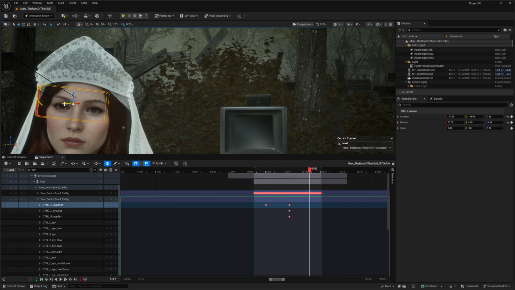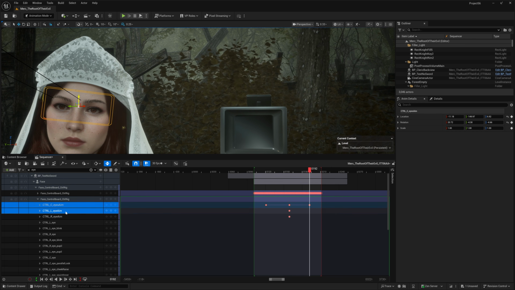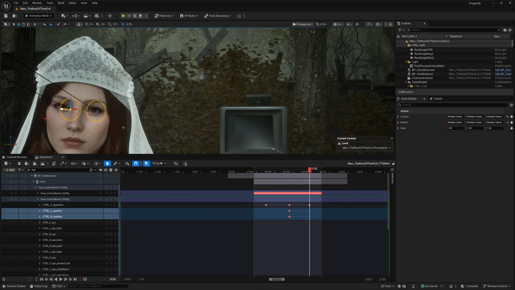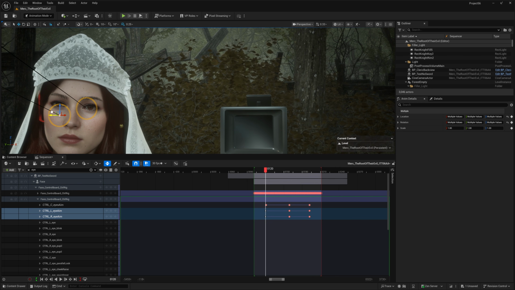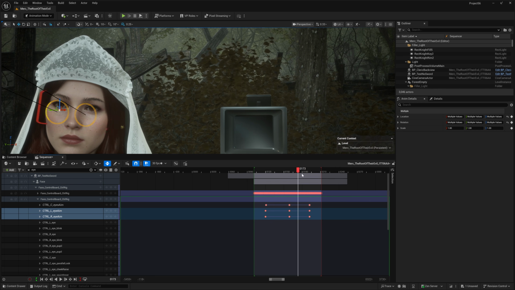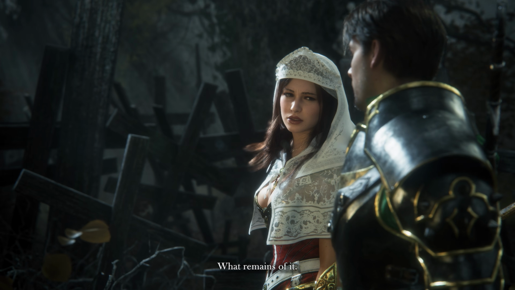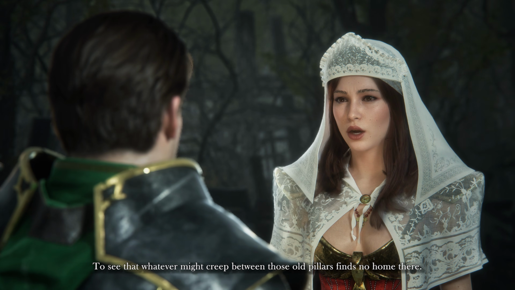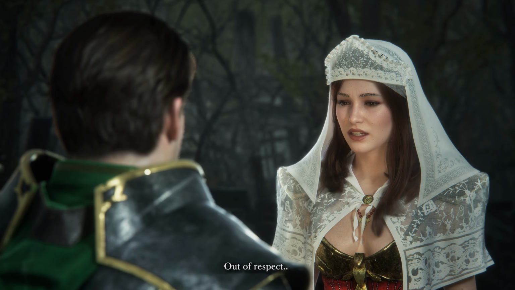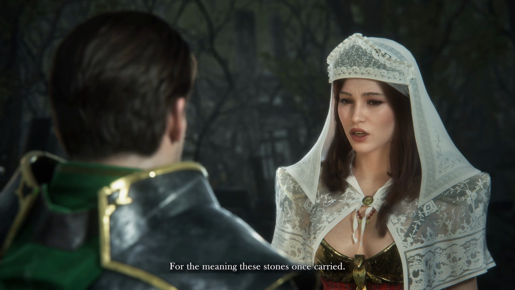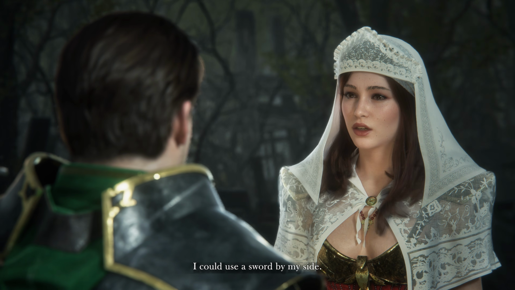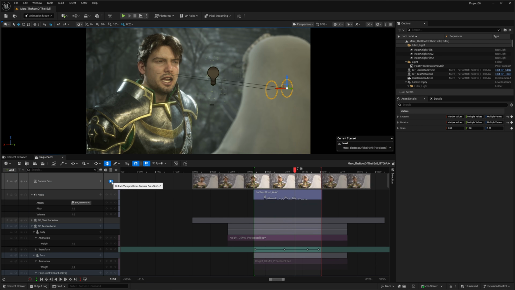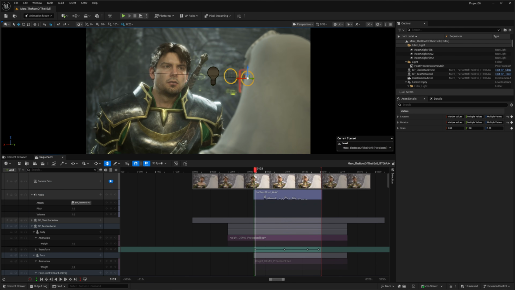Just fixing the eye lines already improves the acting significantly, but you can push it further by adding small, motivated looks. Some tricks I apply repeatedly during this piece are a quick glance towards the runes when they're mentioned, or looking down when they're talking about a bad memory. These are subtle changes, but they help to make the performance feel more intentional. And this is how our progress is looking now that we've established eye contact.